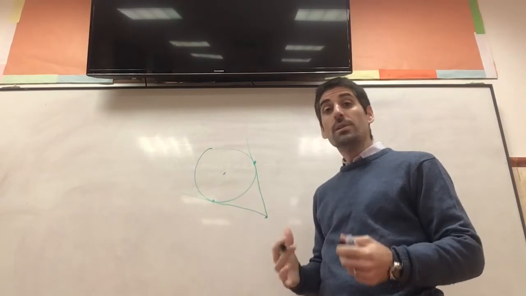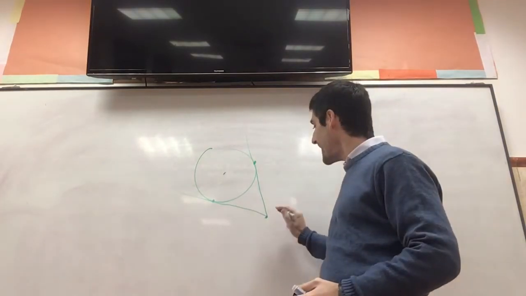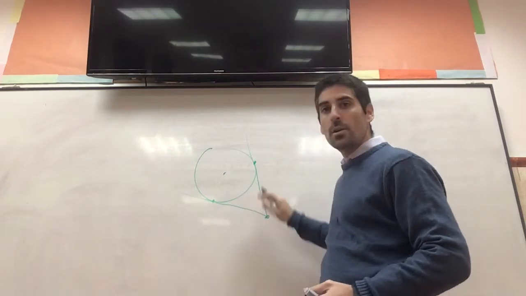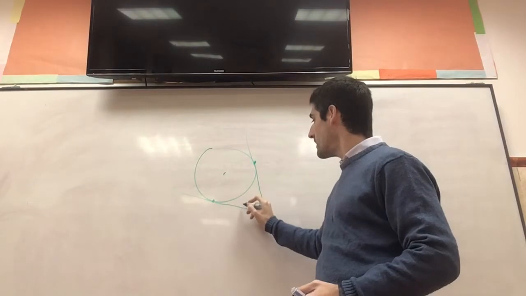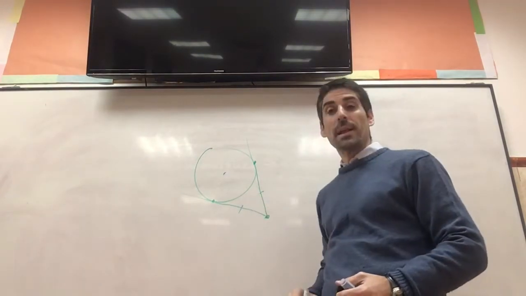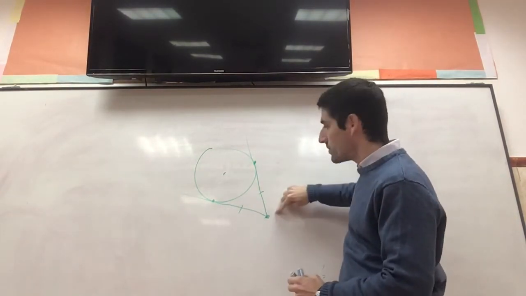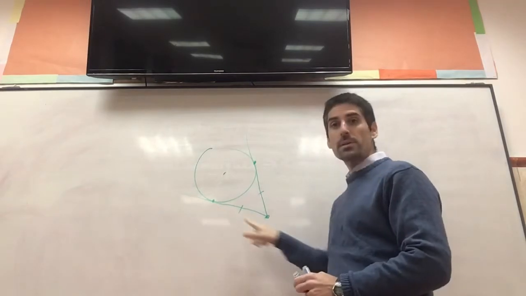Well, what you need to know is that any two tangents drawn to a circle from a point outside are the same length. So from that point to that point, and from that point to that point is the